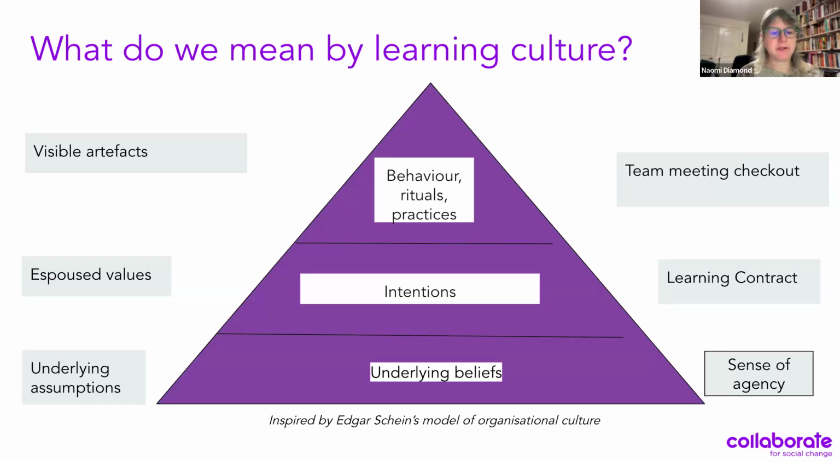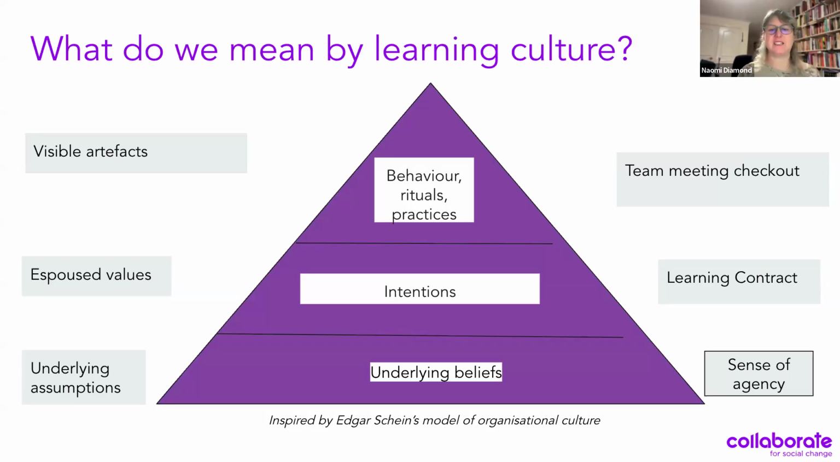And then in the second level, we've got the espoused intentions around learning, the commitments, the things that we say about learning. So we might see these in policies and strategies, in role descriptions, in a learning contract for a learning community. Underneath is the invisible stuff, but stuff that we still need to pay attention to, because